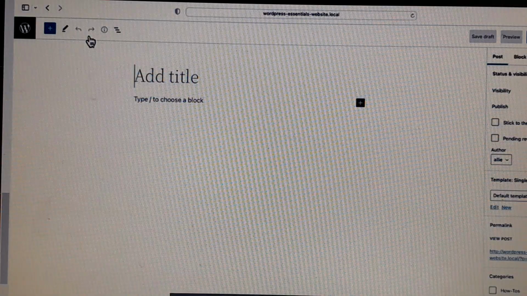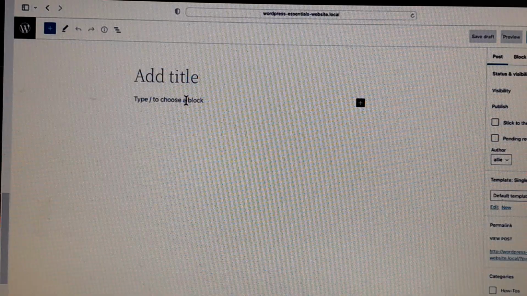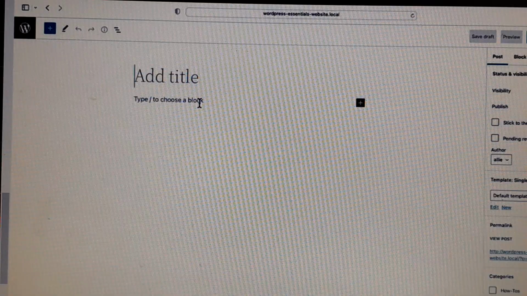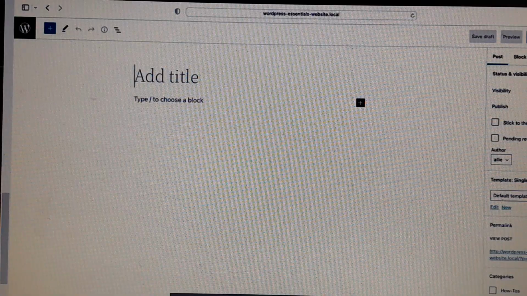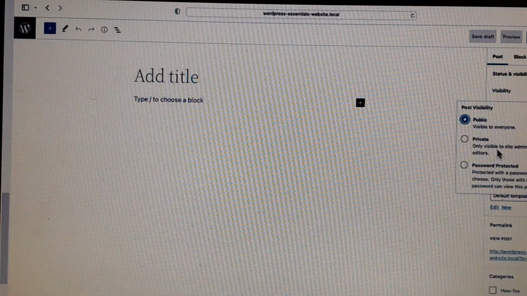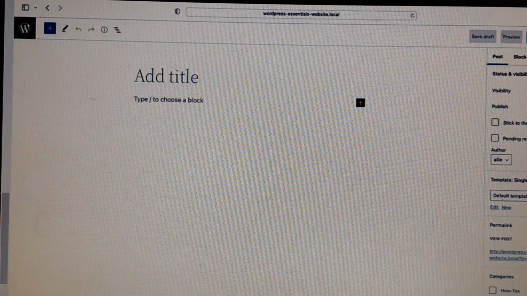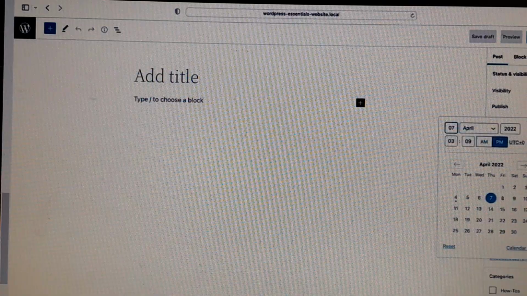Now the Post screen is pretty identical to the Pages one. You have an area for a title and a content area that you can use blocks to develop. However, the sidebar will look a little bit different. In the Status and Visibility section, you can change the post to be public, visible to everyone, private, visible to site admins and editors, or even password protected. If you want this post to be added to the site publicly on a specific date, you can schedule its